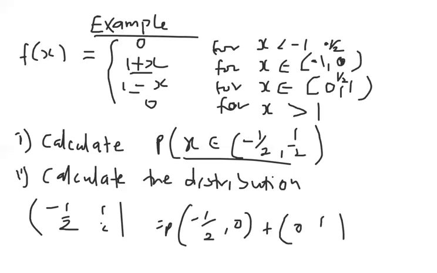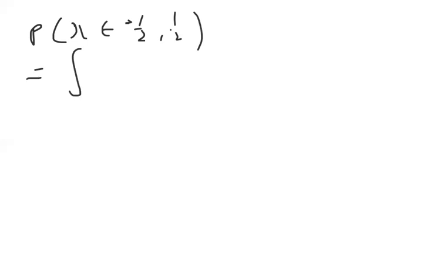Once I've decomposed it, I can solve the first part using the second expression, and the second part using the third expression. Then when you add them up, it gives you the whole. So the probability that x belongs to -half and half is the same as I integrate from -half